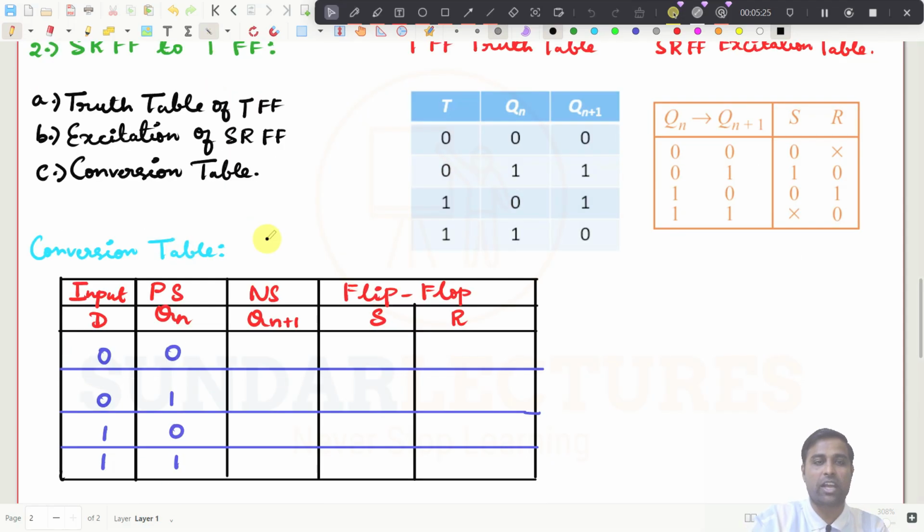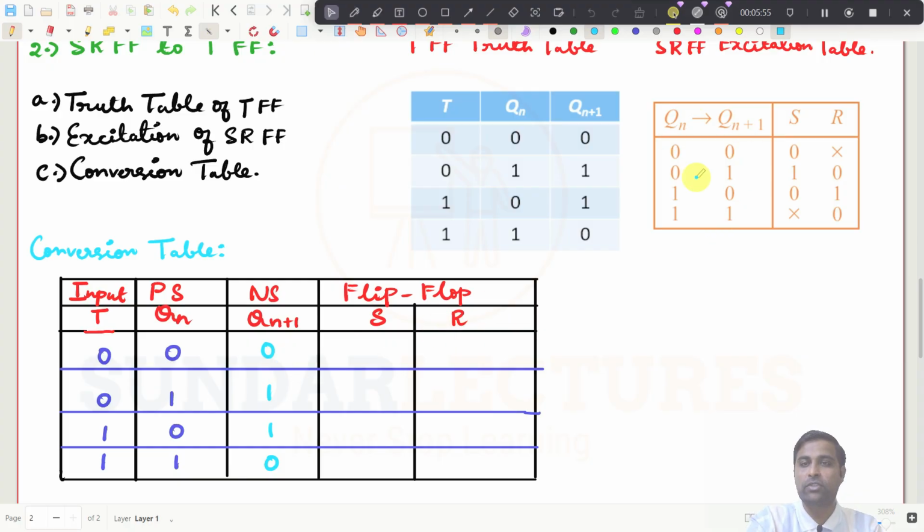How will you draw the conversion table? Here it will be T flip flop, right? So we have to take this as the T flip flop. This table you have to take exactly here, so this one is common. Now we have to write down this one. So what is the value here? It is 0, 1, and I am just writing 1, 0. That is Qn plus 1, right? Now we need to derive the